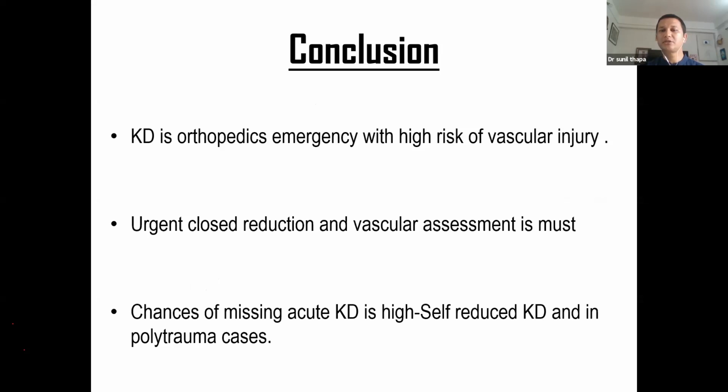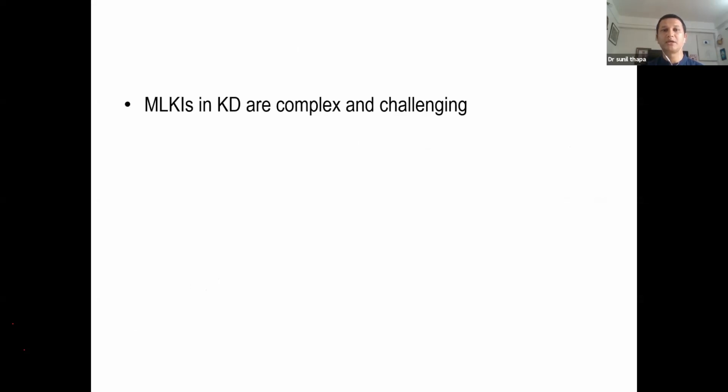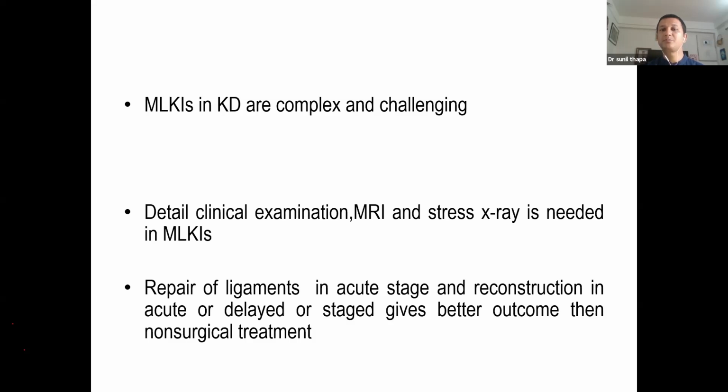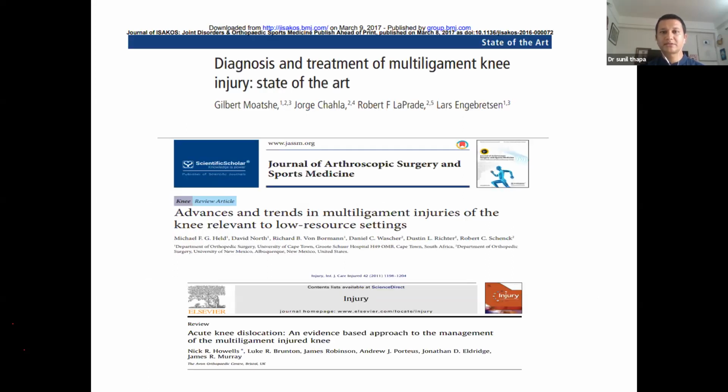The chances of missing acute knee dislocation are high because it may be a self-reduced knee dislocation, and in case of a polytrauma situation, we may miss it. Multiligamentous knee injuries in knee dislocation are complex and challenging. Detailed clinical examination, MRI and stress radiography are needed in managing such cases. Repair of the ligament in the acute stage and reconstruction in the acute or delayed stage gives a better outcome than non-surgical treatment. These are my references from